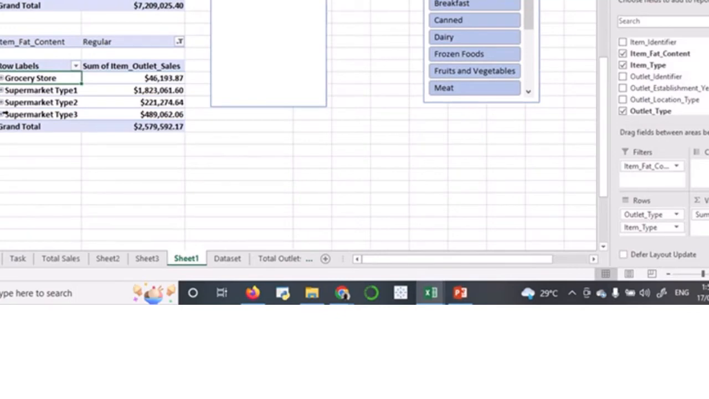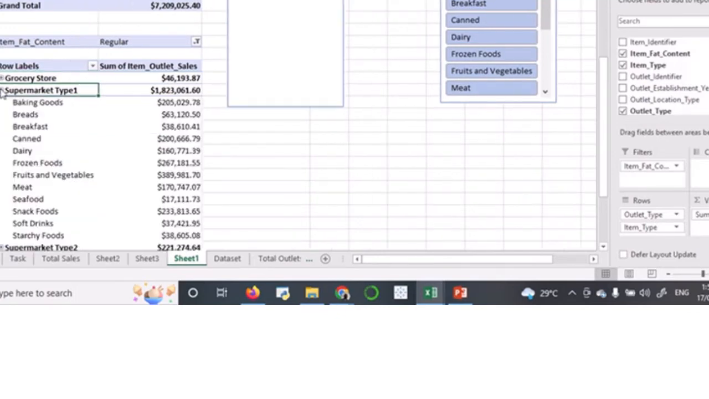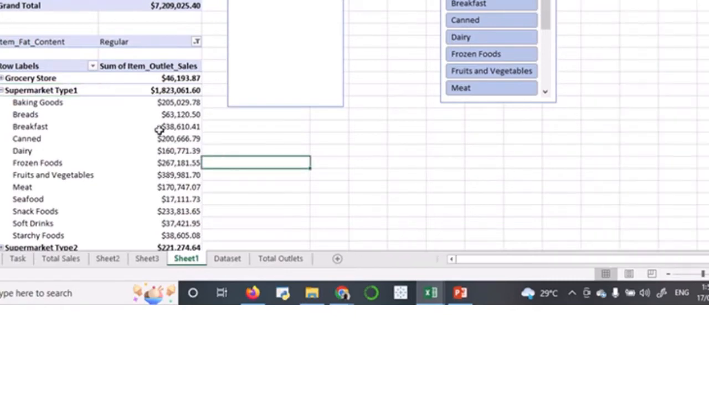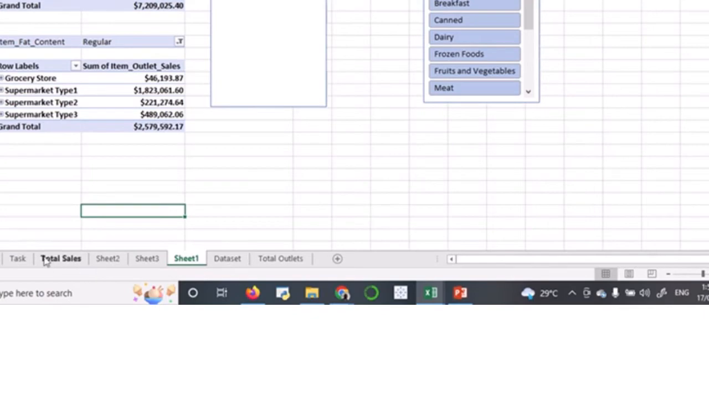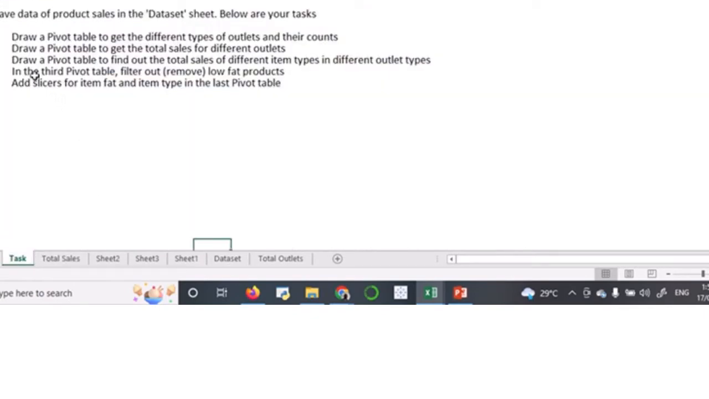Let me see, supermarket type 1, which happened to be the highest sales. We could see again that vegetables and fruits were the highest sold items here. So this is what this helps us to get. And so the next task we were to do was to also get